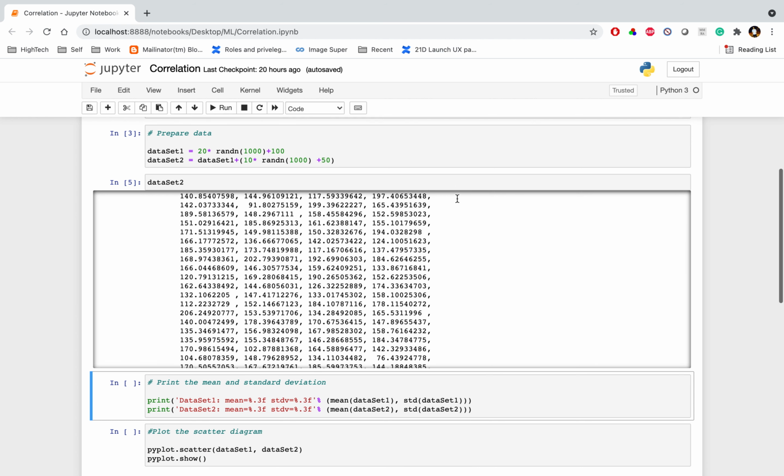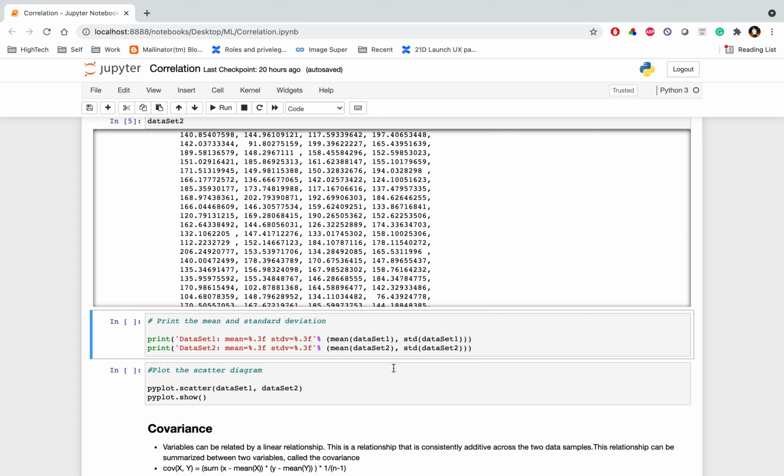Now let me print the mean and standard deviation for both data set 1 and data set 2. Here I'm using the format 0.3f, so I'm taking three fractional digits. Suppose after the decimal point we have 140.00472499, I would like to take only up to three digits, 004, and similarly for standard deviation.